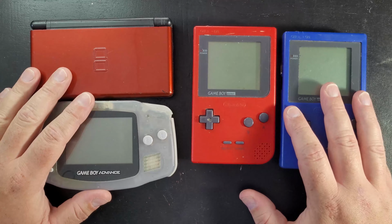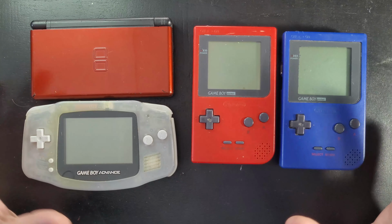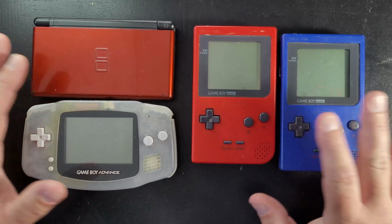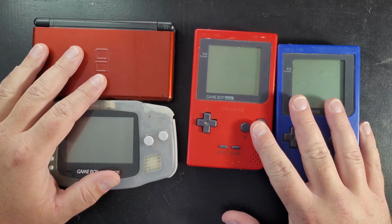What is going on, mobile gamers? Today I have a whole bunch of consoles, as you see here on the screen. I bought these all in a bundle off of the Facebook Marketplace. I basically harassed this guy all afternoon, hoping that he'd get back to me. He got back to me eventually and said, I think I want to keep all of these. He had another Game Boy Advance that he kept, but he did give me a great deal, and I want to thank him very much for the great deal that I got on all of these,